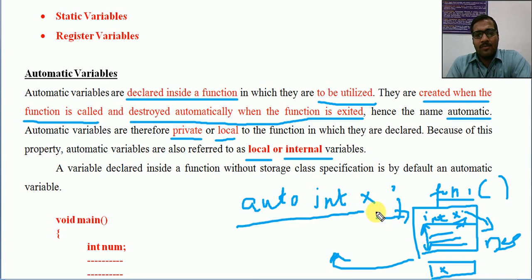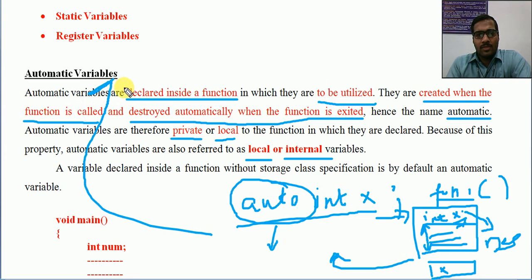This is the traditional form, but we are not using auto because by default these variables are automatic. Auto is a keyword associated with the storage class called automatic variables. So we don't need to use the auto keyword. Any variable normally declared inside a function will be considered an automatic variable.